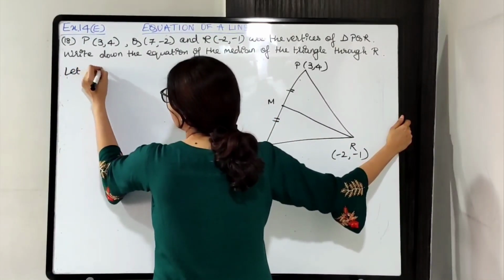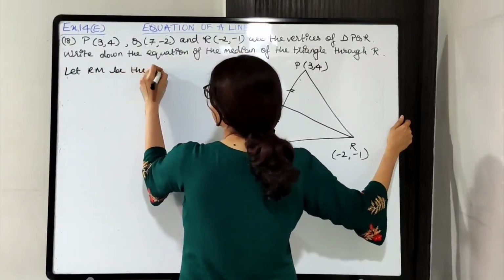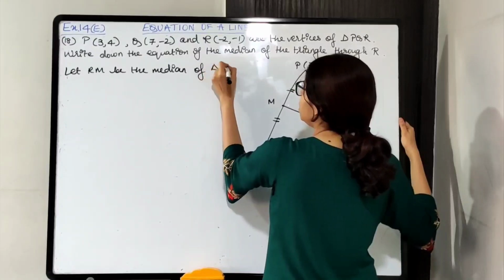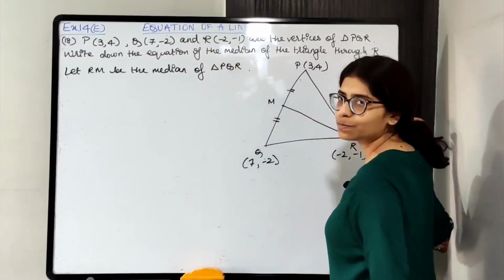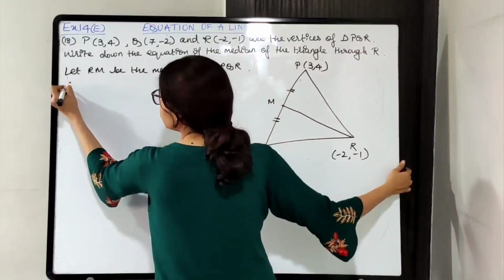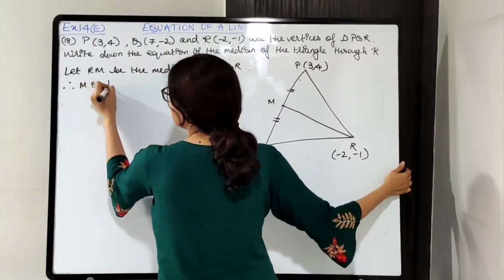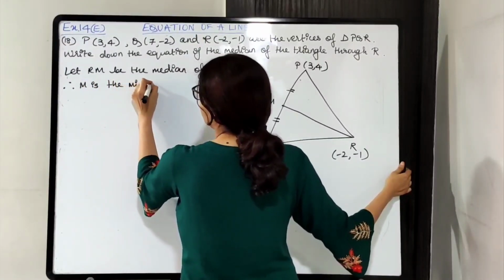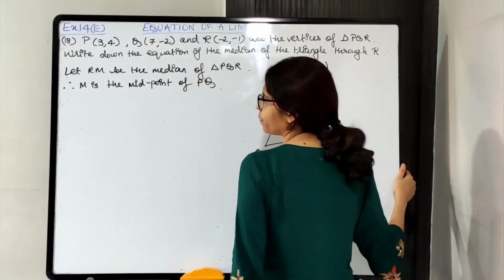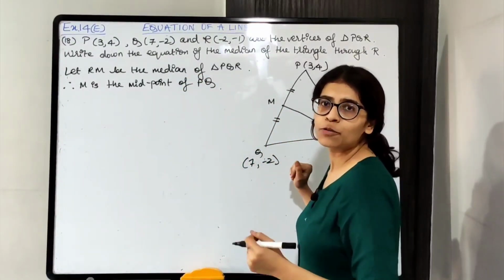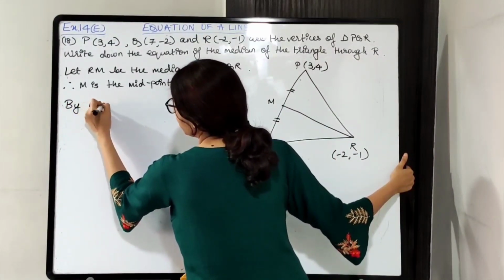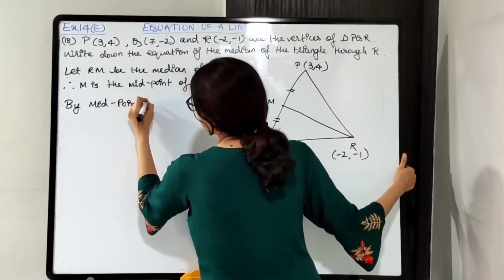Let RM be the median of triangle PQR. Since RM is the median, M is the midpoint of PQ. So write down, therefore M is the midpoint of PQ. Since it is the midpoint, I can apply the midpoint formula and find the coordinates. So by the midpoint formula,